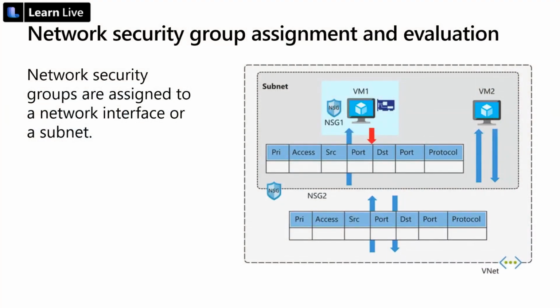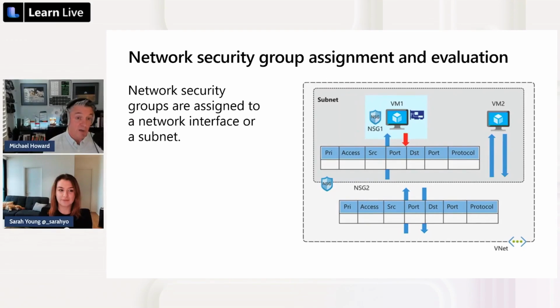So first of all, an NSG is basically a set of rules, and I'll go through what these rules look like in a moment. You can apply an NSG either at a network interface, so for example, on a VM's network interface, or on a subnet. That's where they reside. You can do them on both. The preference is to put them on a subnet, and the reason for that is you usually have more than one thing inside a subnet.